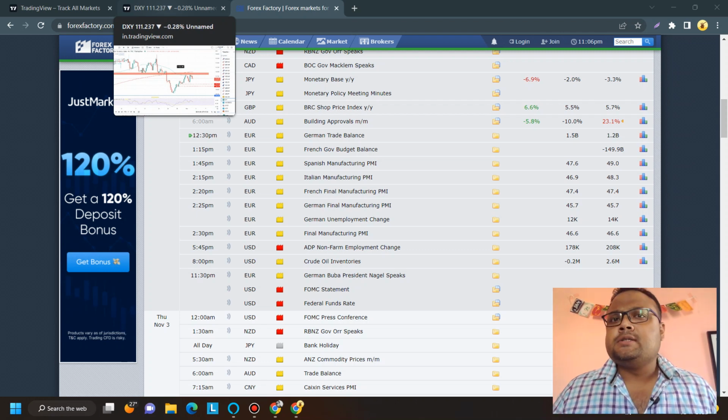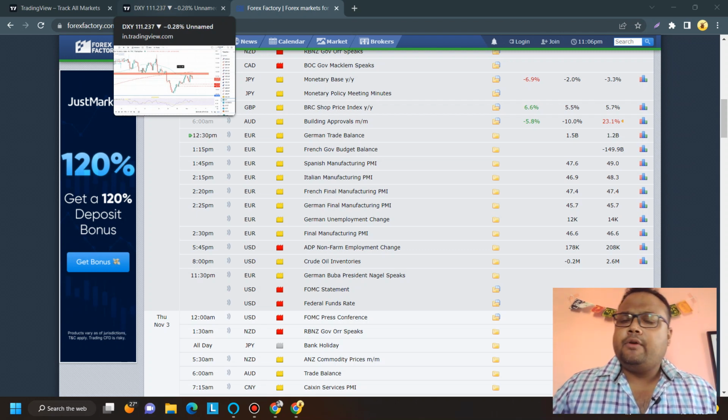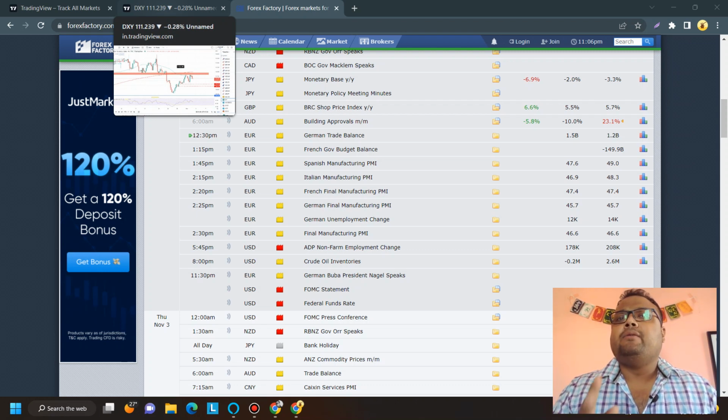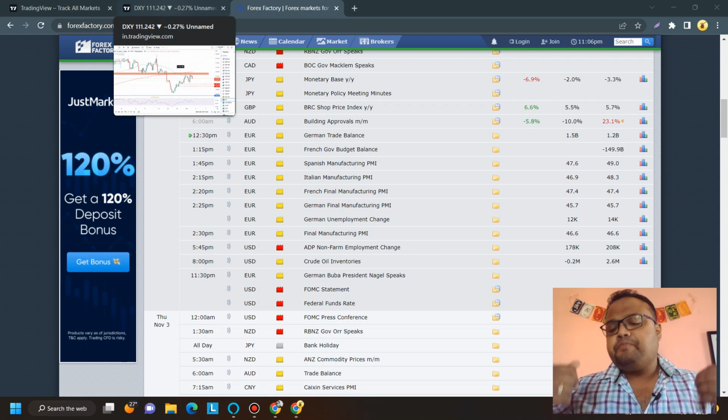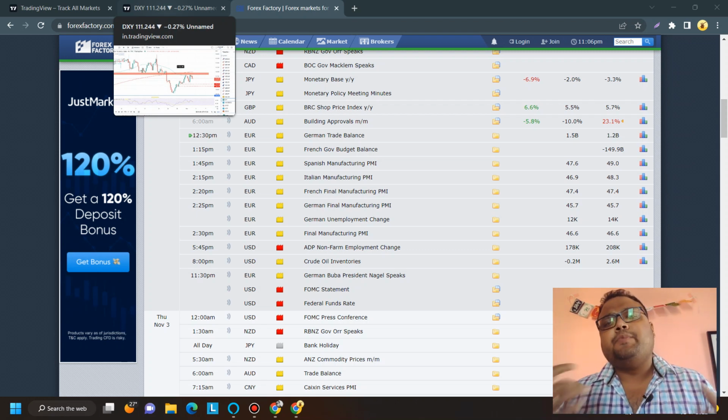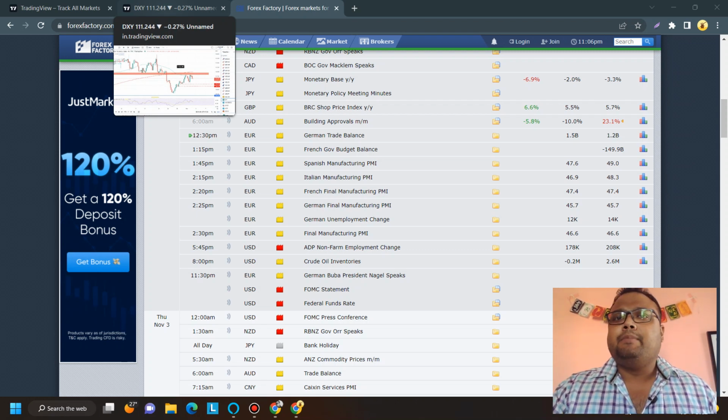So beginners, new traders, during the event, try to avoid the market. If you have experience in the market, then you can go for it. But if your capital is low and you're new to the market, try to avoid it. Just watch the market, gather some knowledge, gather some experience, but try to avoid the market, because news trading can